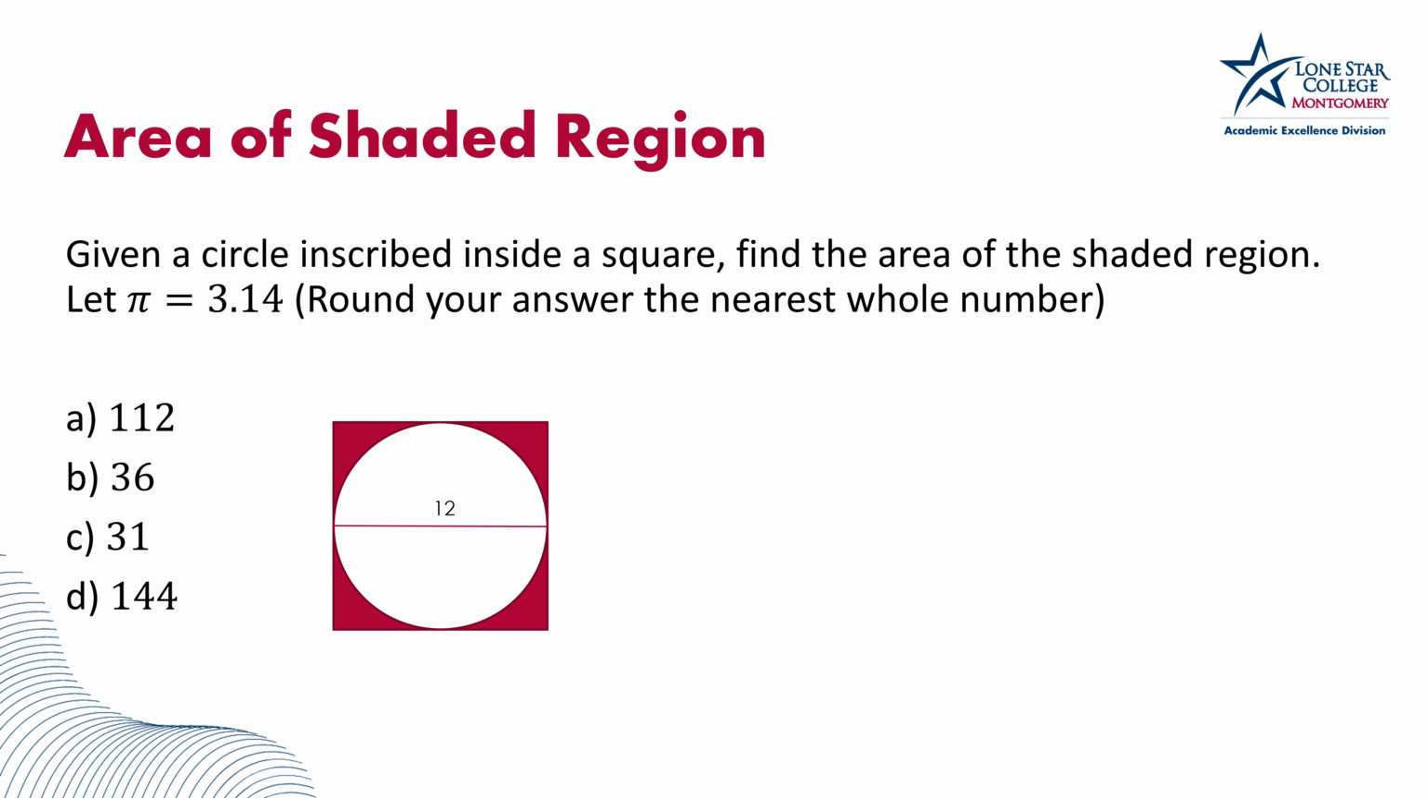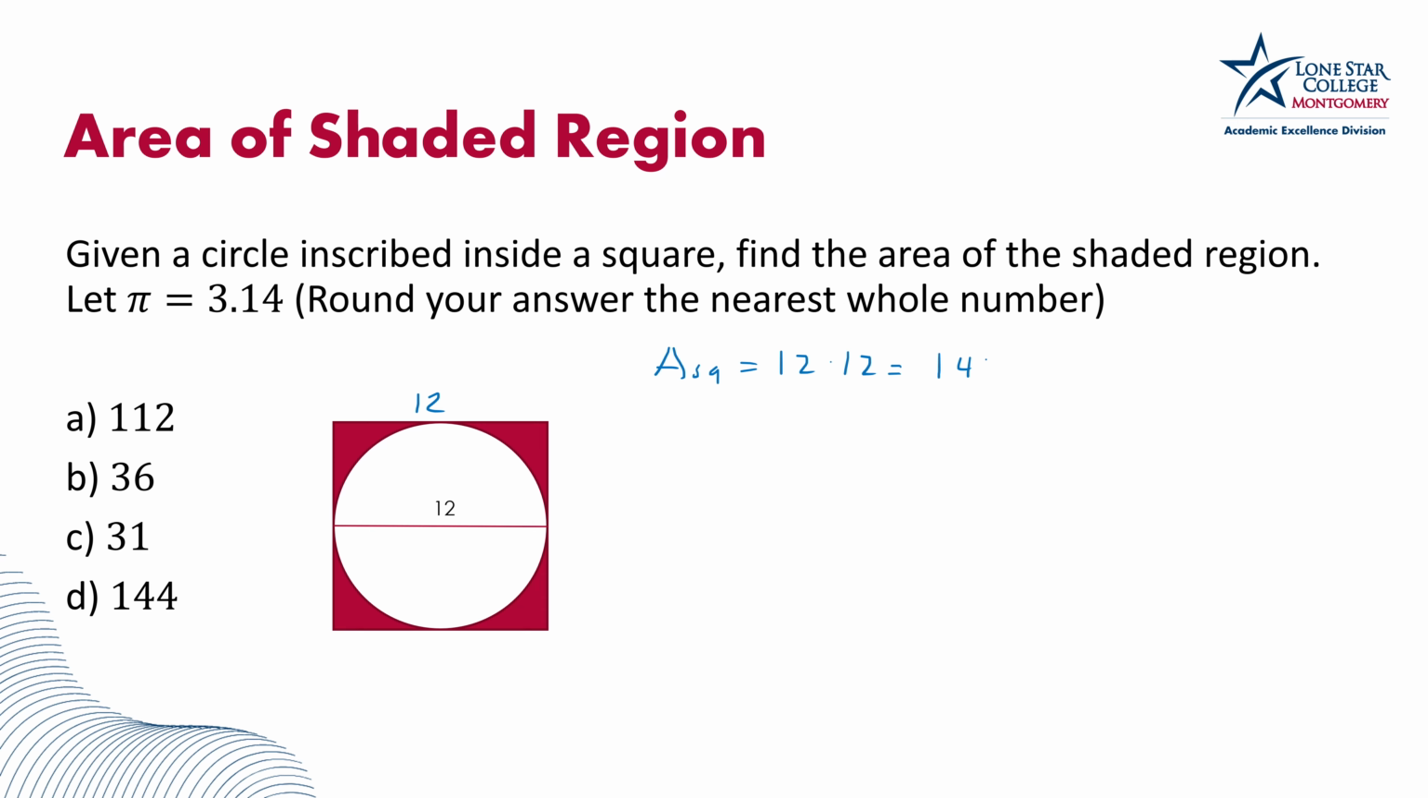For this one, we have a given circle inscribed inside a square, and we want to find the area of the shaded region where we let pi be equal to 3.14, and then you want to round your answer to the nearest whole number. So again, the area of a square is going to be side times side. If you notice, the side of our square is going to be 12 because it's parallel with our diameter of the circle here. So if this is our diameter 12, that means up here, the side of the square should also be 12. So we can say the area of the square is going to be 12 times 12,